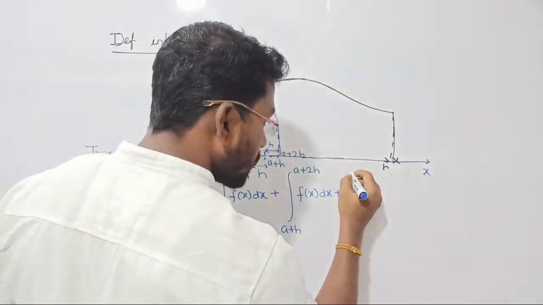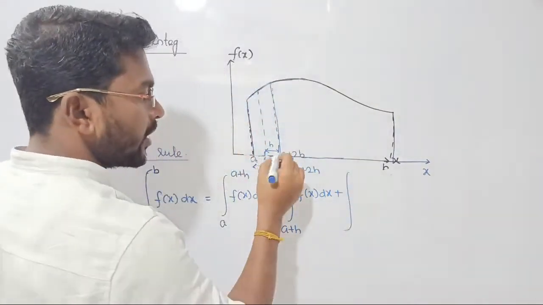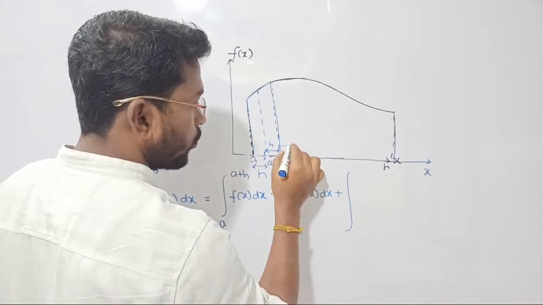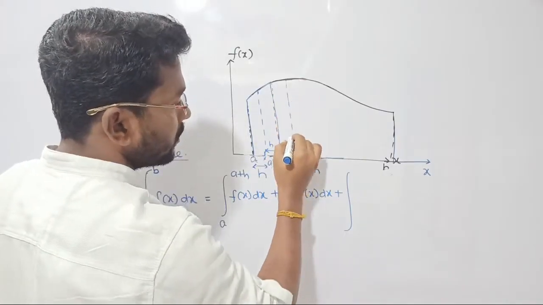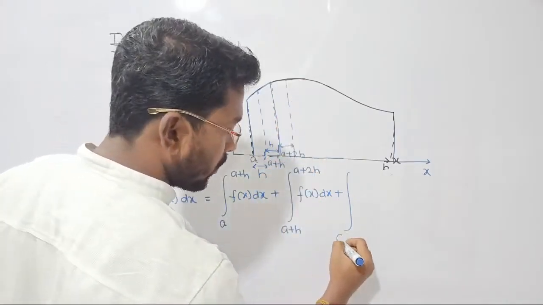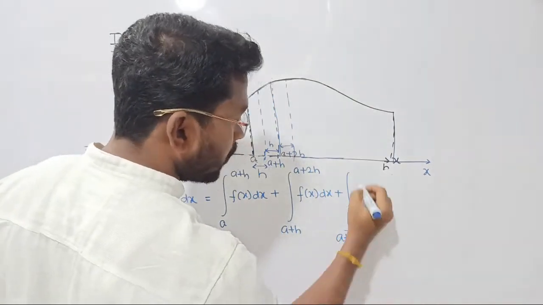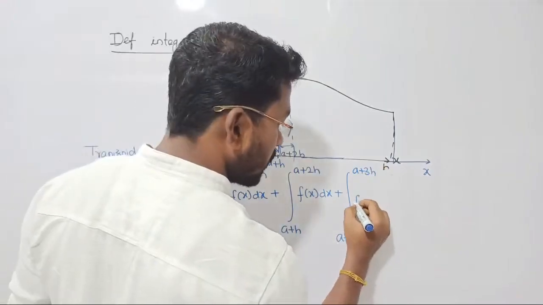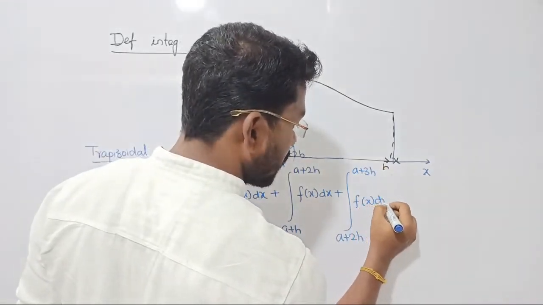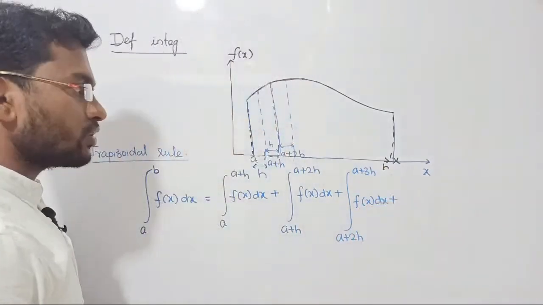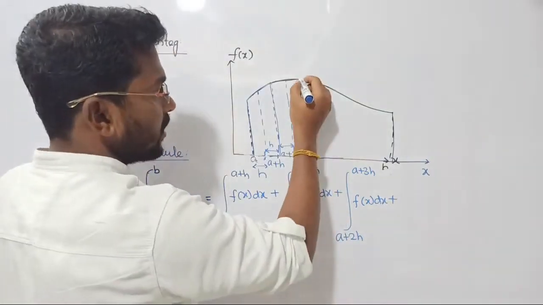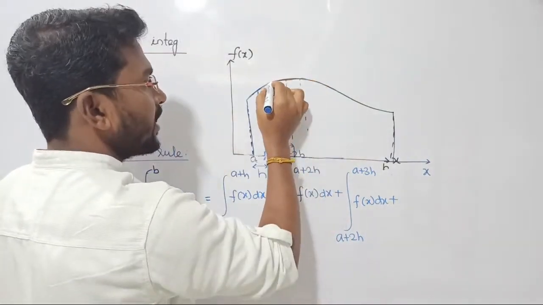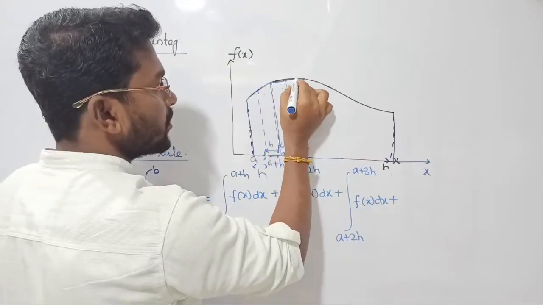Again he is increasing the step, right? Now from a plus 2h, again take one more h and travel up to a plus 3h, right? So again please travel from a plus 2h to a plus 3h, clear? With the function, that is f of x dx. I will continue like that, right? Have you taken a plus 3h? Next, from a plus 3h, see guys listen, we just have to create trapezoidal points